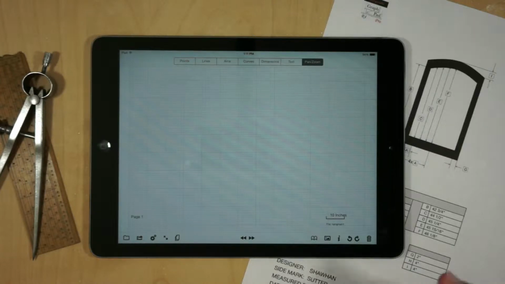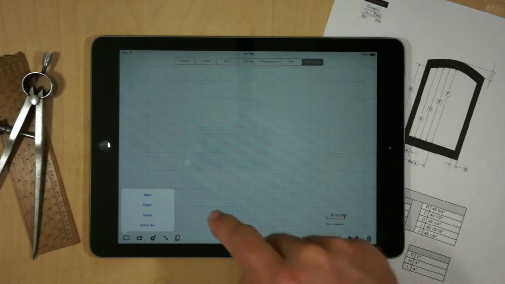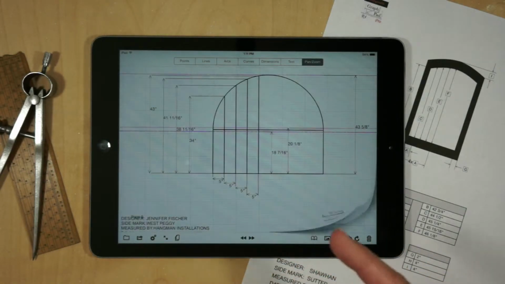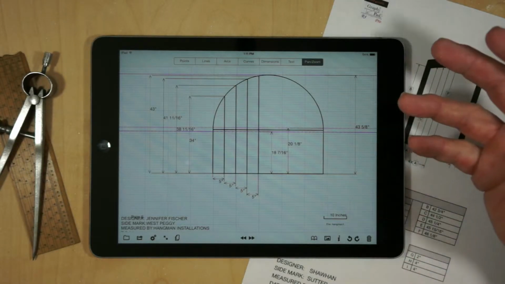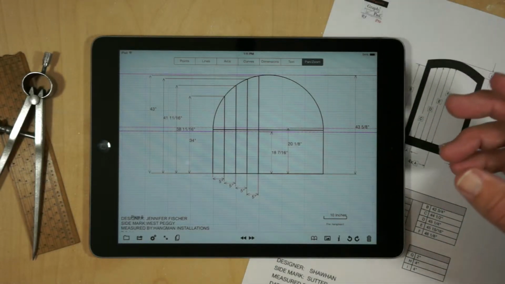In this video, I'm going to talk about custom applications and at what point it makes sense to have a custom application made for your business. I've been working very closely with Larry from Hangman Installations, and Larry does frames for windows, and he just does the carpentry work associated with that